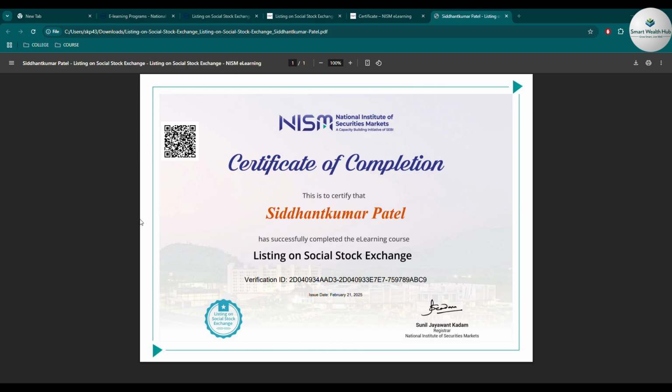After completing the course, you can post this certificate on LinkedIn because it customizes your LinkedIn profile. Plus, you can add the certificate under LinkedIn profile certification. It will increase the value of your profile and it will look more professional. After completing this course, when you get your certificate, share it on LinkedIn and tag me. Through this, I can also get to know how many people are completing this course after seeing this video.